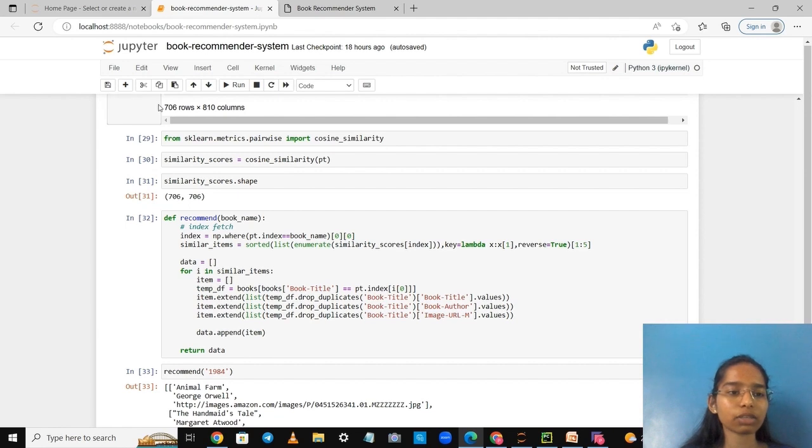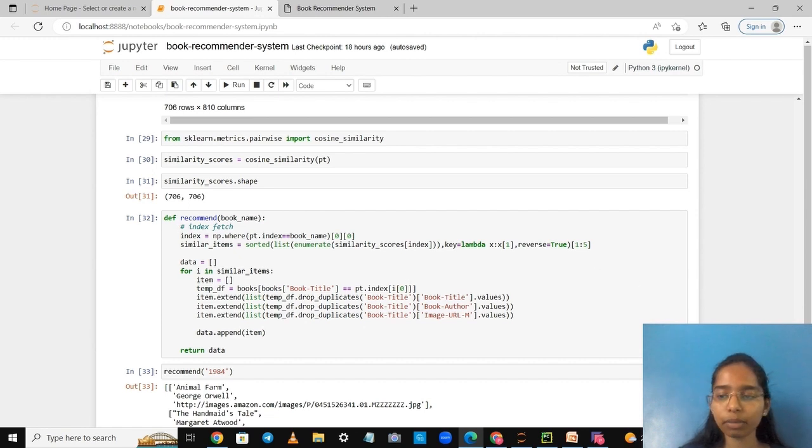For example, we have 706 books in our criteria. So 706 books will have a similarity measure with all other 706 books, and that is stored in the similarity score. So how similar one book is to the other is stored in the similarity score.